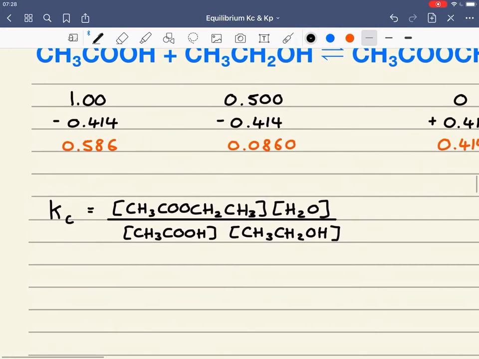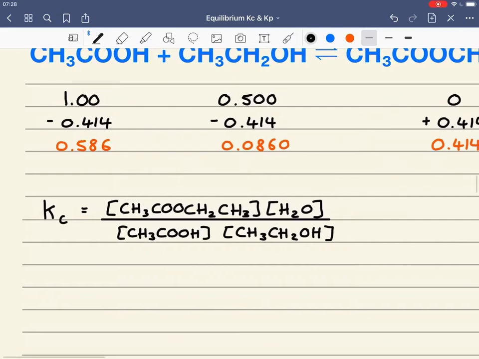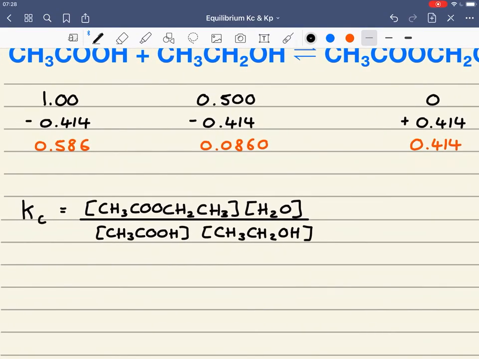So that's my expression for Kc, and we can see here that we've been asked to look at concentrations. The Kc expression is the concentrations of the reactants and products, and we've been working out the